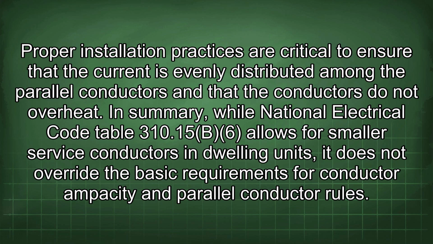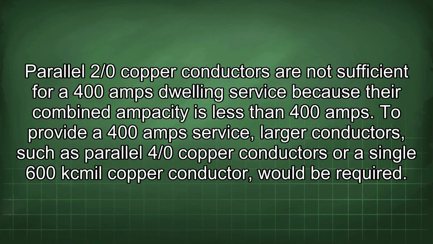310.15(B)(6) allows for smaller service conductors in dwelling units, it does not override the basic requirements for conductor ampacity and parallel conductor rules. Parallel 2/0 copper conductors are not sufficient for a 400 amp dwelling service because their combined ampacity is less than 400 amps. To provide a 400 amp service, larger conductors, such as parallel 4/0 copper conductors or a single 600 kcmil copper